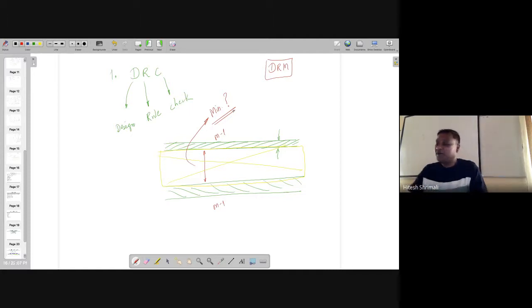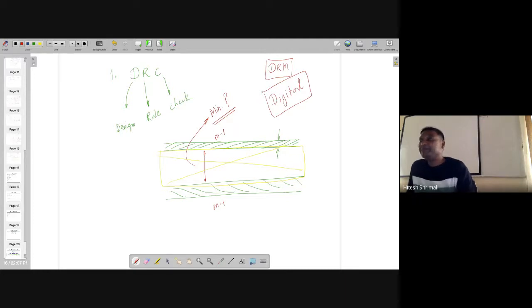Okay. So if you are a digital designer, let's assume, the answer has two parts. If you are a digital designer, keep it minimum. We don't want to spend so much area. But in the case of analog, where more space is available to you and very, very few transistors are there, the question is how much parasitic capacitance you can accommodate.